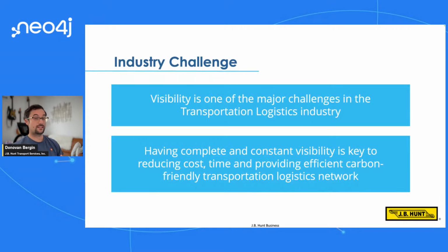So visibility is actually a pretty big challenge across most of the transportation logistics industry. Telemetry coming from the vehicles can be spotty. They're going through a lot of different areas throughout the world, or in our section of the world. And it's really important for us to be able to surface and answer those questions that I previously talked about